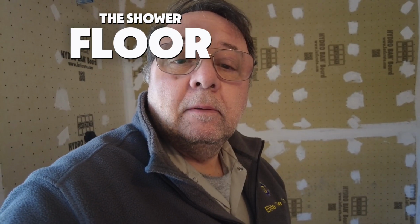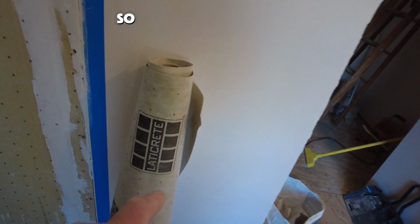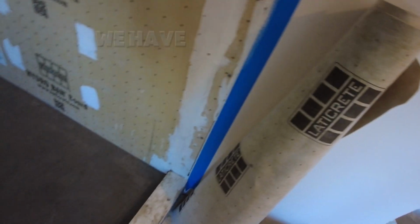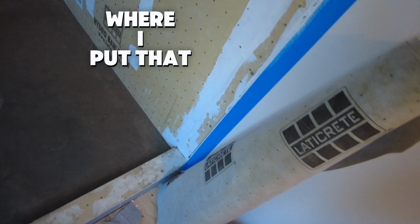So day 3, we're going to waterproof the shower floor. So, got the sheet membrane. We have the banding. Where did I put that? Anyway,